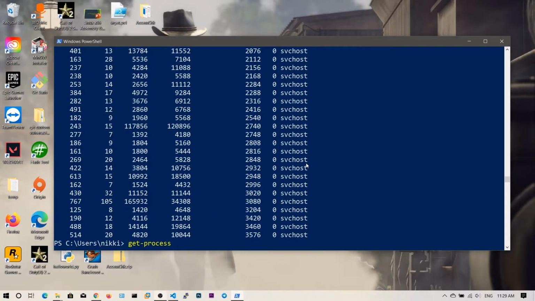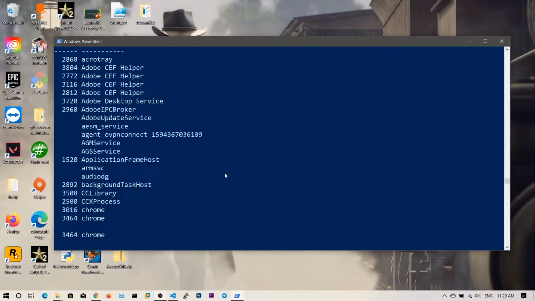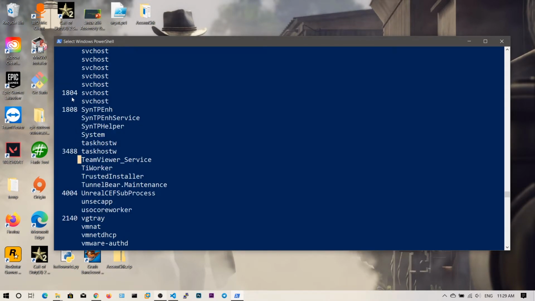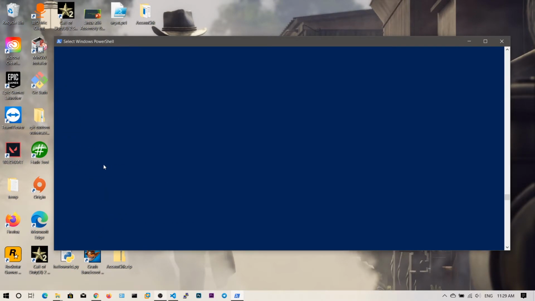To do that, you need to say Get-Process and pipe that output to Format-Table, and you need to specify the property. Let's say Handle, comma, ProcessName. Now if you hit enter, only those two columns will be displayed. You can see the left one is the handles and the right one is the process name.